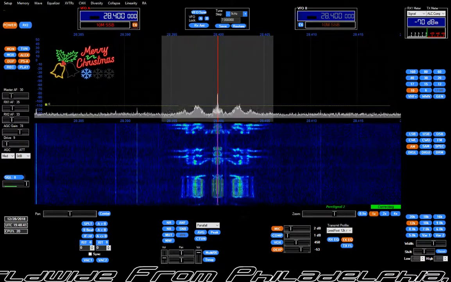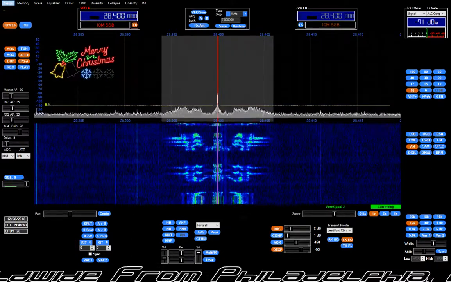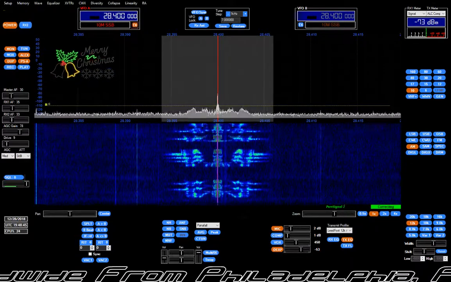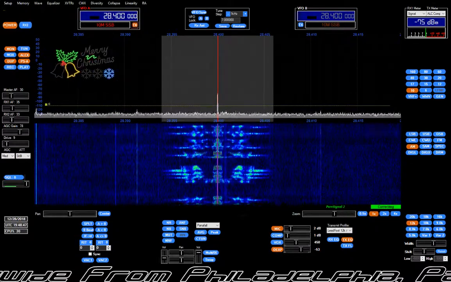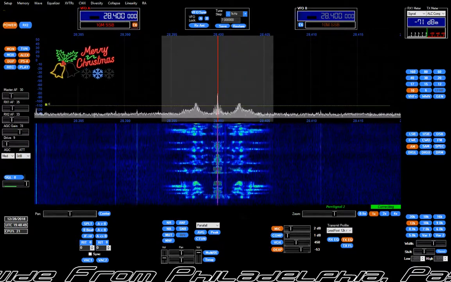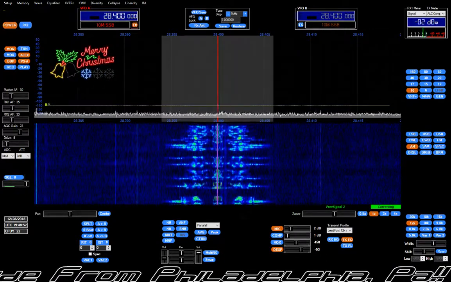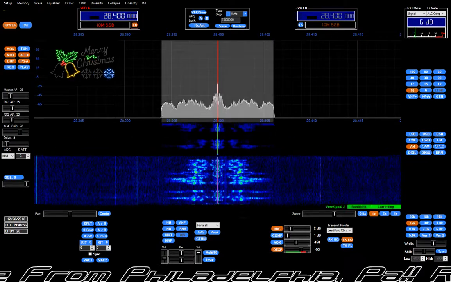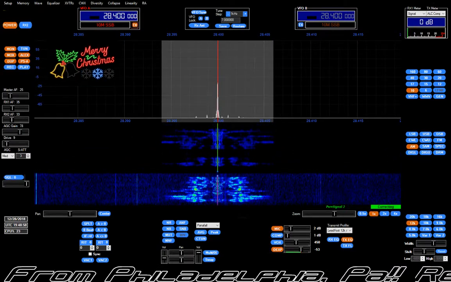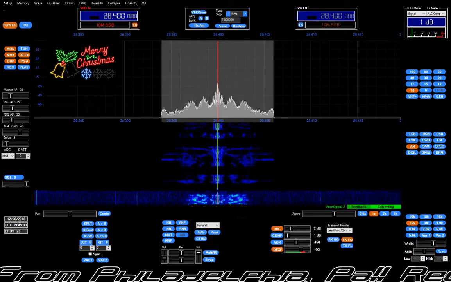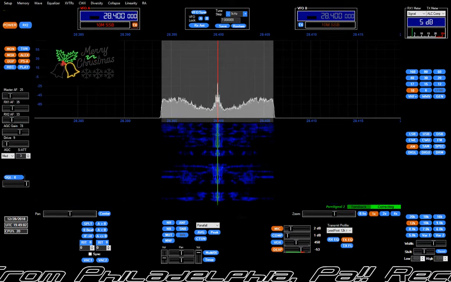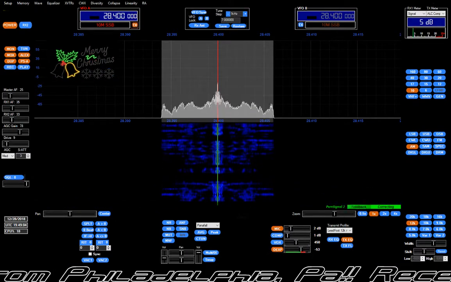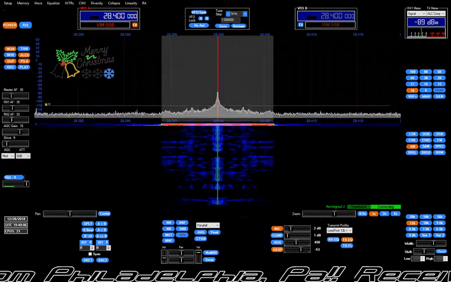1, 2, CFC. 1, 2. That's hardly moving now. And that's hardly moving. Now, that should sound real clean and not very loud. Am I correct? Yes, you're very correct. And you can see the difference on the waterfall when you're moving it around, and when it's more intense, less intense. You can really see it on the waterfall too. I'm really picking it up.